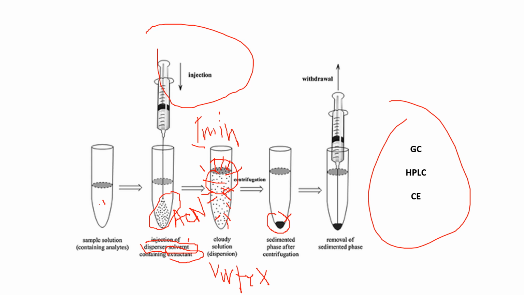So how do we do that? We centrifuge, because the water sample has a different density compared to the sedimented phase. After you centrifuge, it will be separated easily. Then you can take your syringe, take this out and go towards GC,